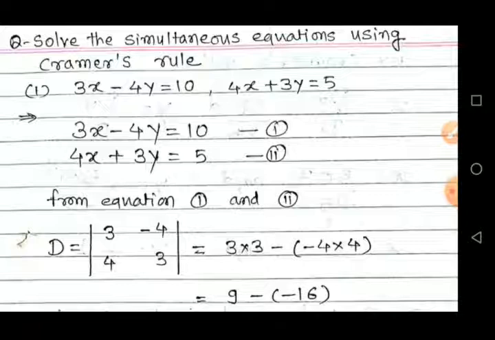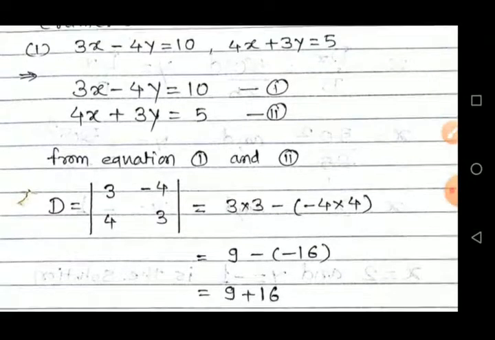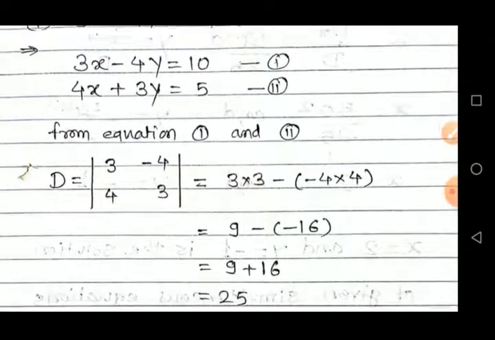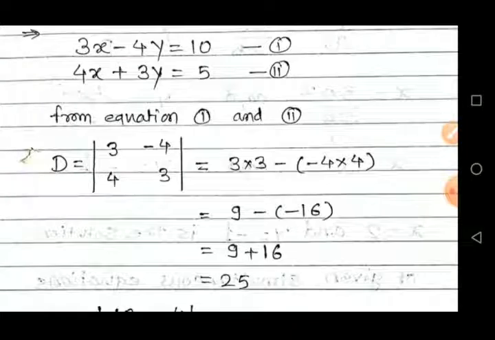Both equations are given as prepared equations actually. That means first the x term, then the y term, then the equal sign, and in both equations the constants are given after the equal sign. We just have to give the numbers to them, 1 and 2. From equations 1 and 2, I am preparing the determinants first of all. This method is easy for finding the solution.